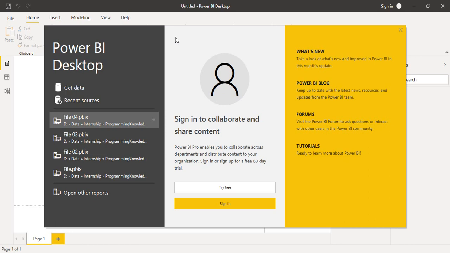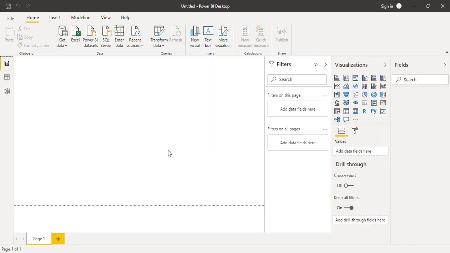So the first question is, what is Power Query? According to the official Microsoft documents, Power Query is a data transformation and data preparation engine. It comes with a graphical interface for getting data from sources and a Power Query editor for applying the transformations. So in simple terms, Power Query is a method through which we can transform our data with the help of a GUI interface, and then there is something known as the Power Query editor which helps us to apply the changes or the transformations over the data.